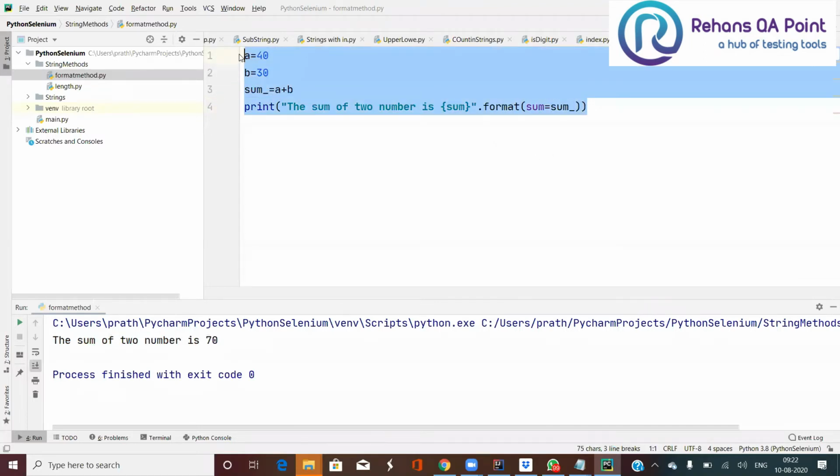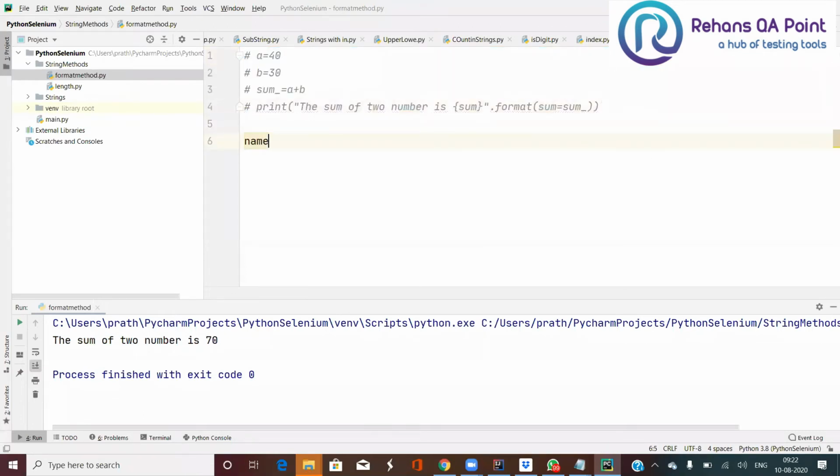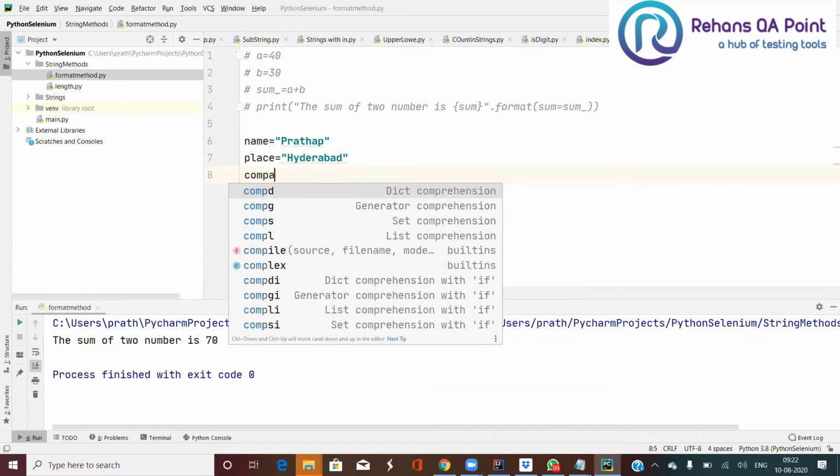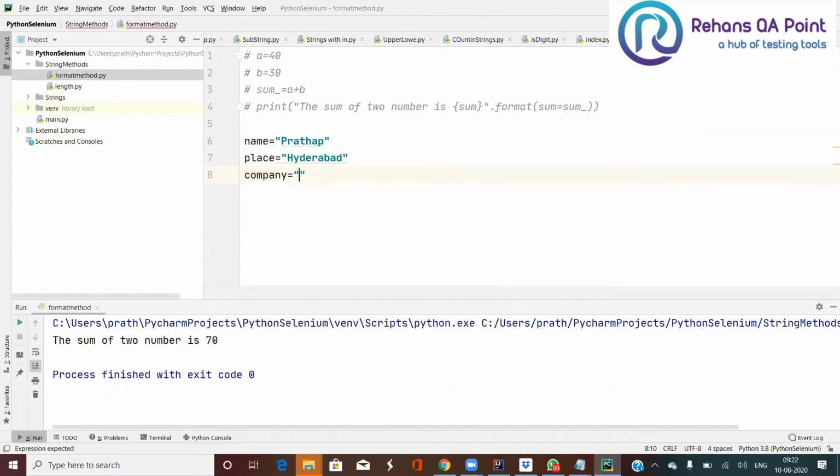So let us see one more example for that. I have name equal to Pratap, place is equal to Hyderabad, company equal to EPAM Systems India.